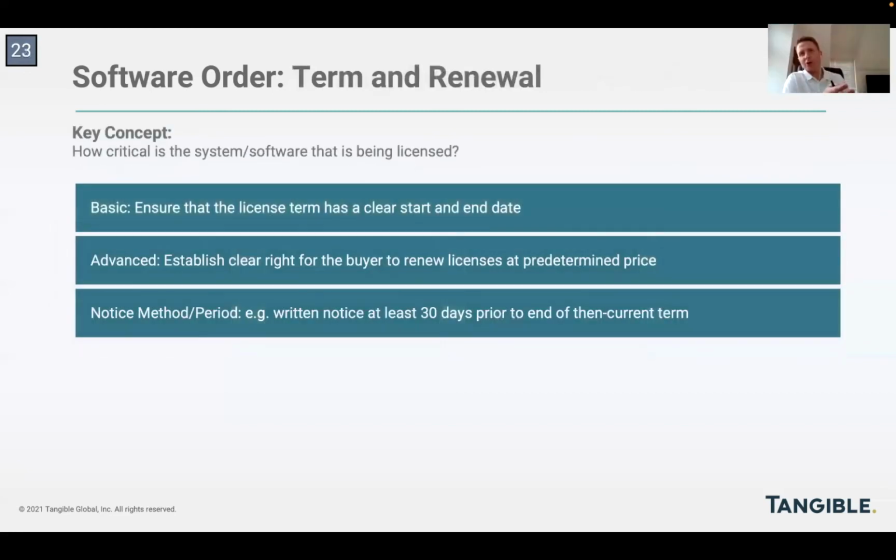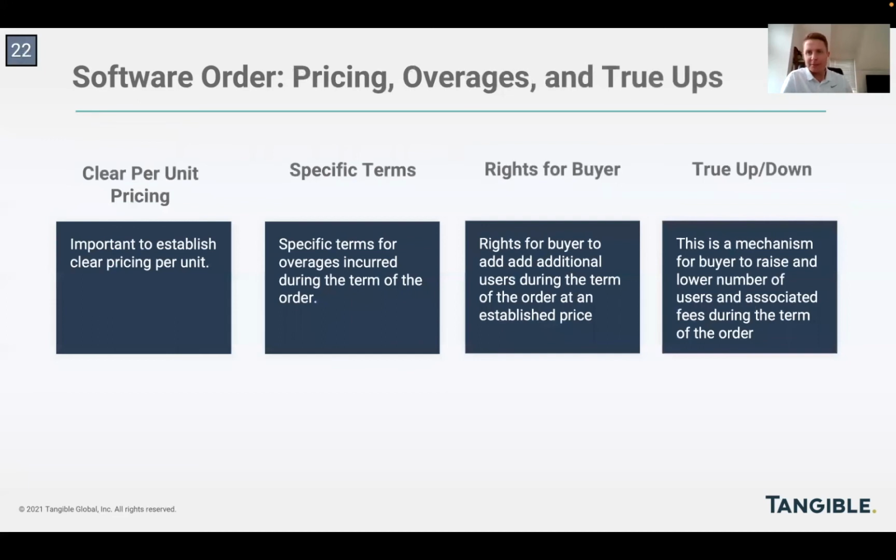While the true down isn't commonly found, although Robert, you said it does exist, a common kind of buyer-friendly true-up mechanism is one that allows the buyer to not pay the fees for the increased usage until maybe the end of their current term. They don't have to pay for them during the term, but instead it'll defer those payments over to the next cycle. That's a good point. Yep, good point.